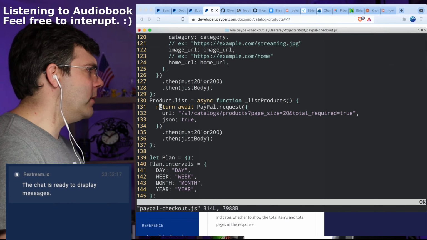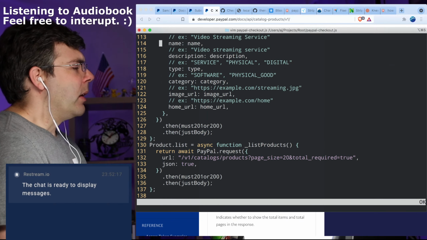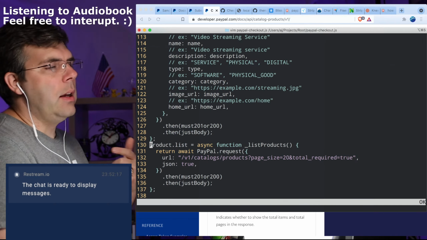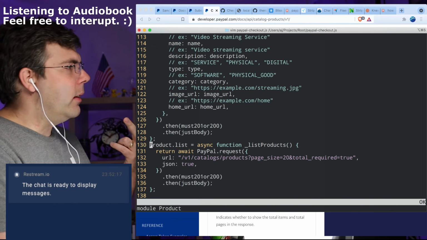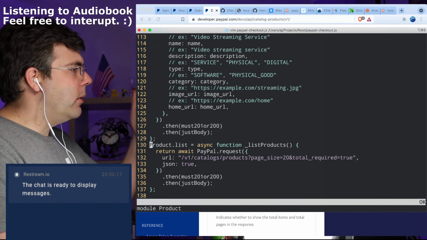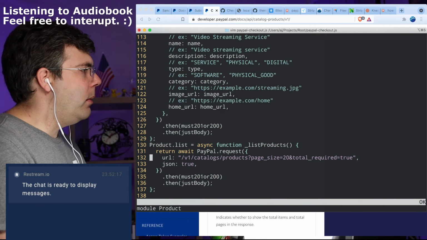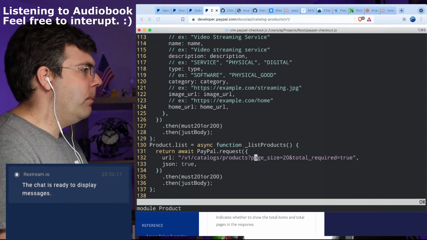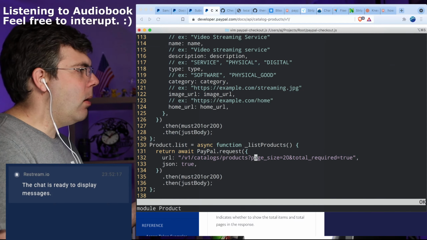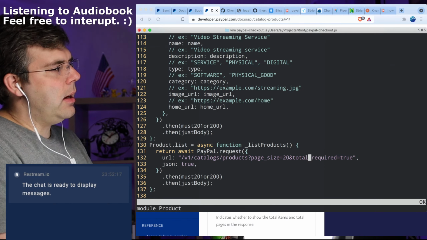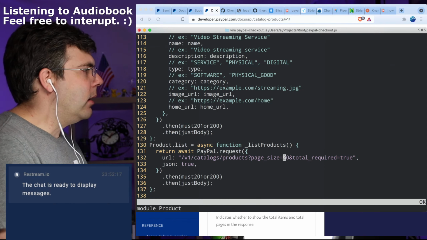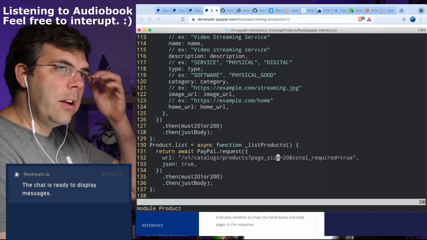The gist of what I'm going to do is, since I want to make sure I can get these things in sync, I've got to get the update and the delete. I've got the list. I need to adjust the list so that I can get not just one page of products and plans, but all pages, just because in the sandbox environment I've created, I don't know, a couple dozen junk things that I need to clear out anyway.